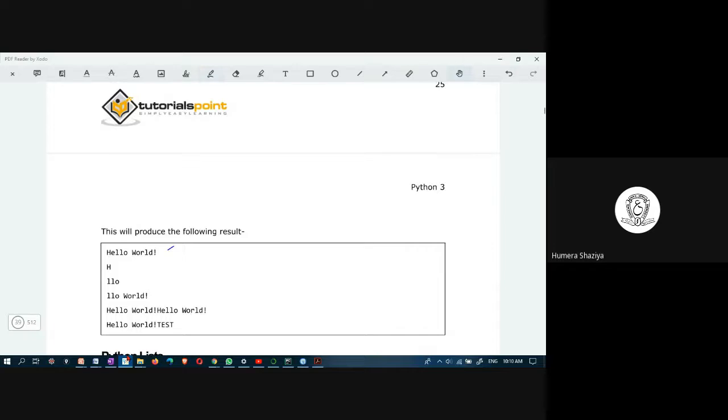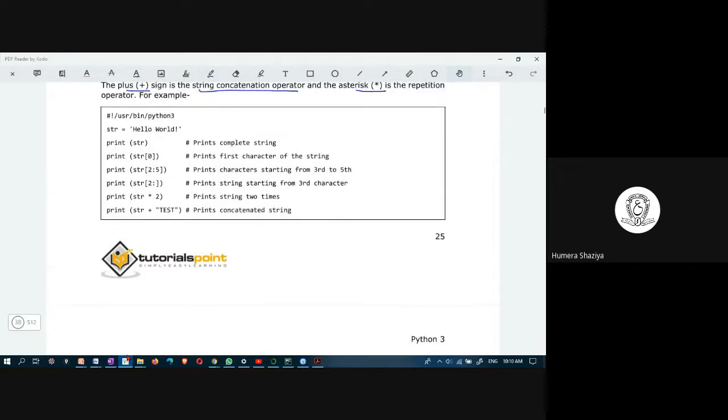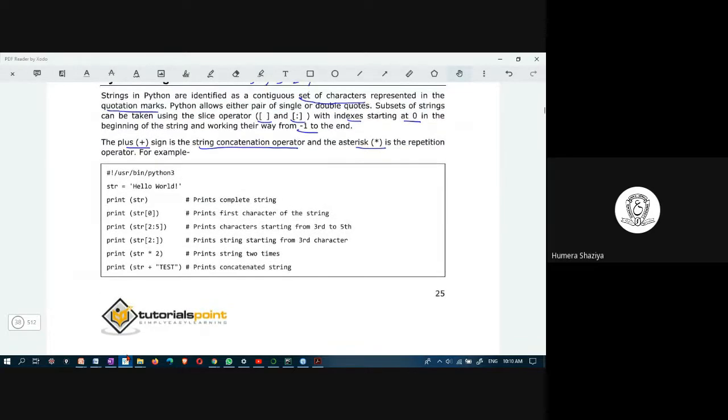In case a particular character from the string is to be printed, you can use the index, and you have this slice operator, these brackets. Str of 0 means it prints the first character, which is h.